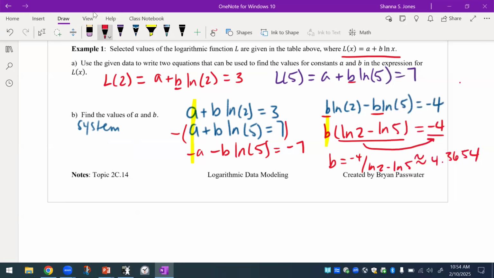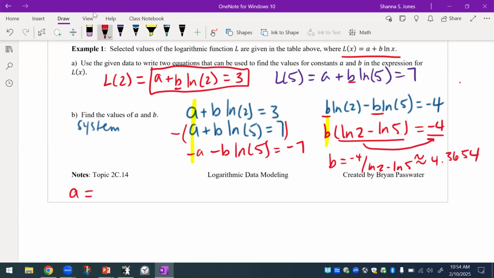Okay, so now I'm going to solve. I'm going to choose one of these. Which one you choose is totally up to you. I just usually go with the smallest numbers. Does that make sense? So I'm going to take this one right here, and I'm going to plug in and solve for B, I mean for A. So I know that A equals